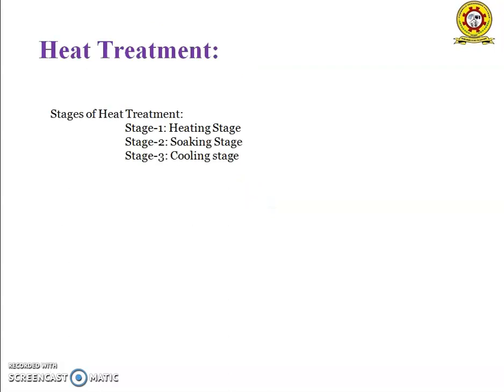In that, first one is heat treatment process. What is meant by heat treatment process? All heat treatment processes are similar because they all involve the heating and cooling of metals. However, there are differences in the methods used, such as heating temperature, cooling rates and quenching medium necessary to achieve the desired properties.